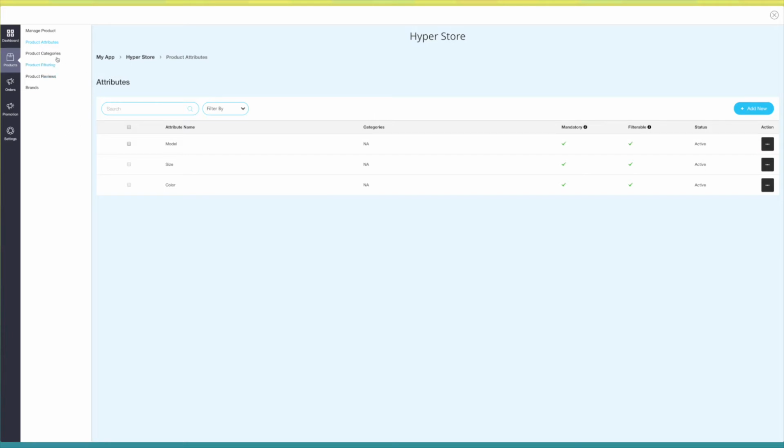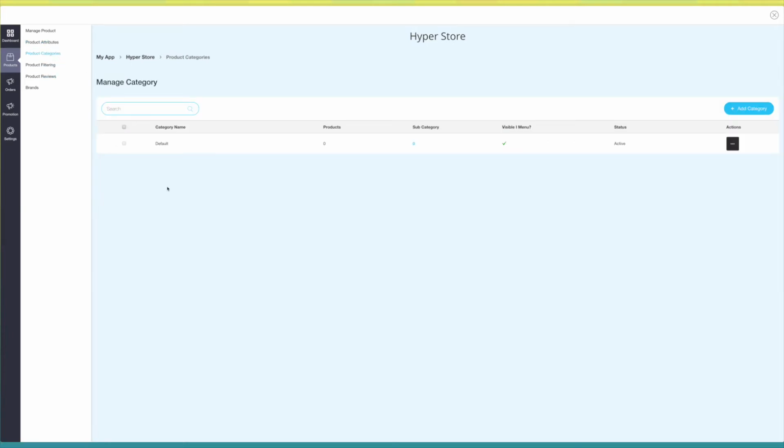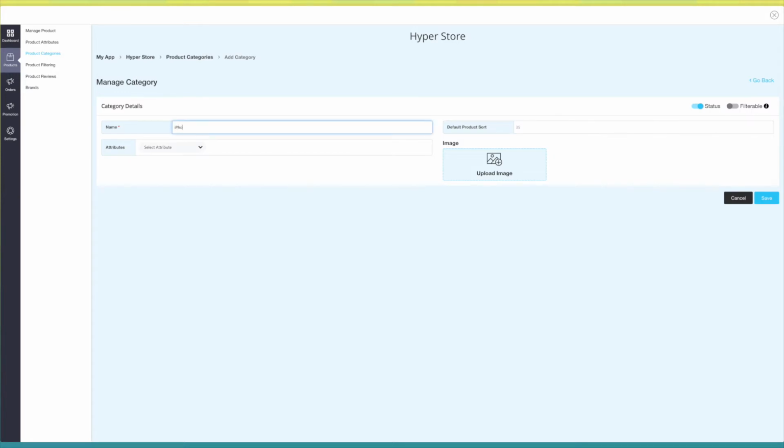Next comes Product Categories. From this section, you can add, edit, and manage your product categories. By default, you will see one category. If you want, you can edit it or add a new category. Now let's add a new category. Click on Add Category. Enter the category name, default product sorting, select the type of attribute related to the category, and